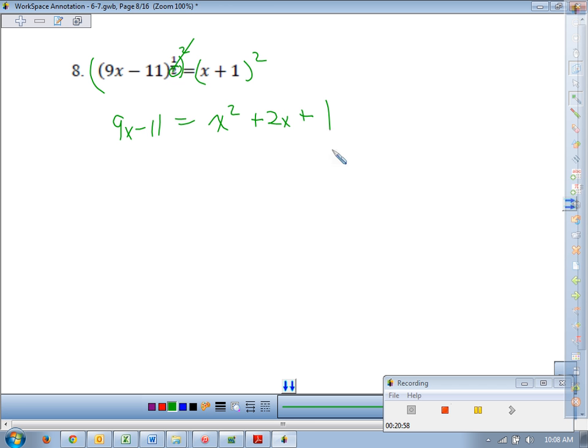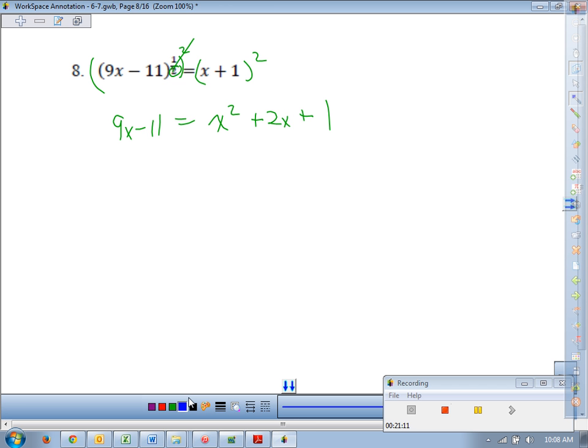Square the first guy, twice the product, square the last guy. If you're in a pinch, you always just rewrite it times itself. But we should be able to do this. Any more radicals or rational exponents or any of that left over? Nope. Now we got to get